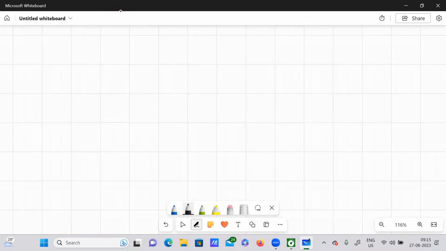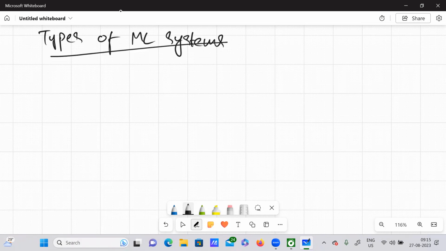Hello everyone. Today I'm going to talk about what are the types of ML systems. So I want you to understand this topic right now. Here these types are based on a few categories. The first category is whether or not they are trained with human supervision. So depending upon the human supervision,